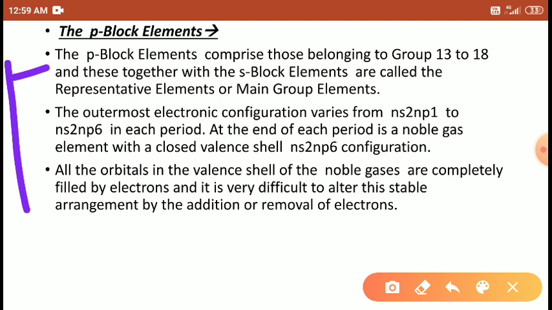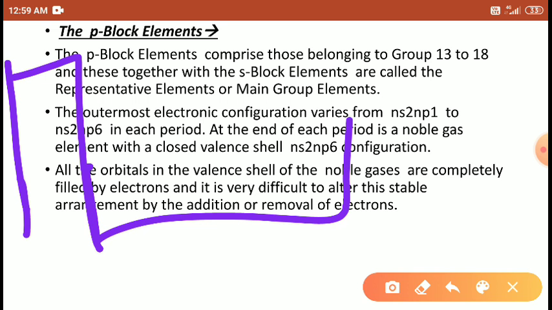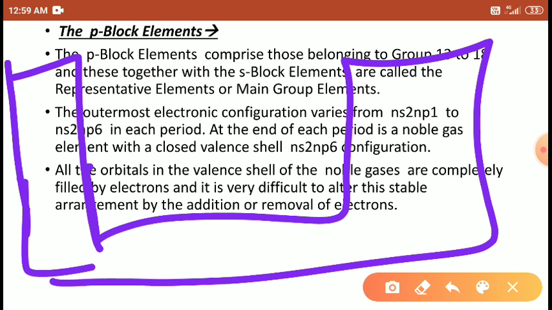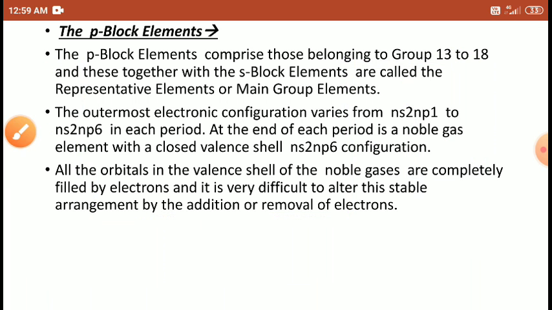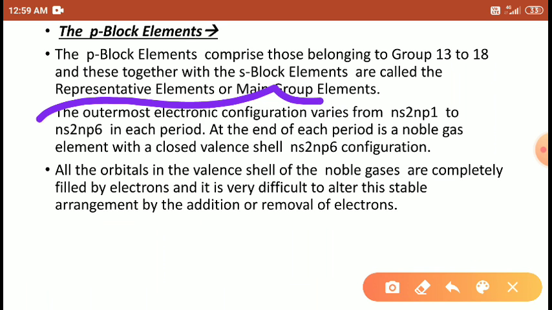The s-block elements, when compared with the p-block elements, are called the representative elements. The periodic table is represented with the s-block and p-block elements, so they are called the main group or representative elements. The outermost electron configuration starts from here. It means in the p-block elements the outermost electrons are shifted,